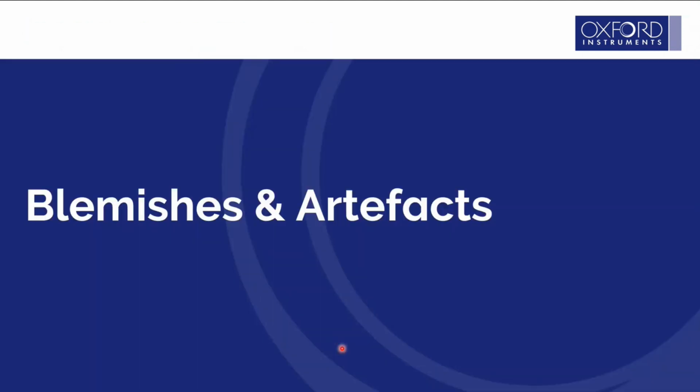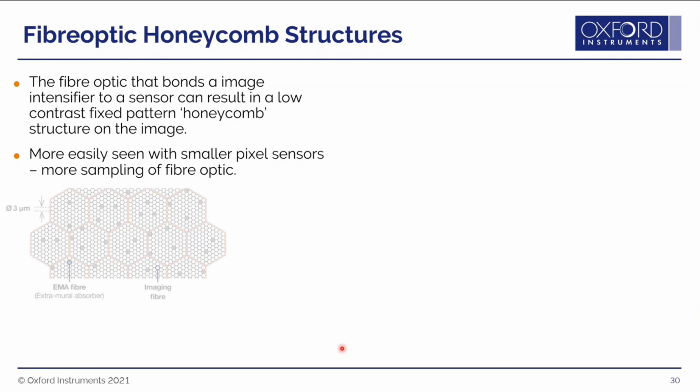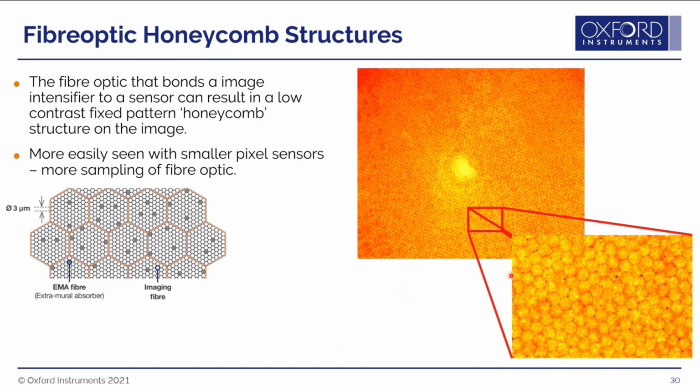So I think that's pretty much all I want to talk about in terms of sources of noise and ways of improving signal to noise. I now want to talk briefly about some of the blemishes and artifacts that you come across sometimes in intensified cameras. The most common and easy to see one is, if you set up your system in a particular state where you're looking at a low contrast image, you see this low contrast fixed honeycomb pattern